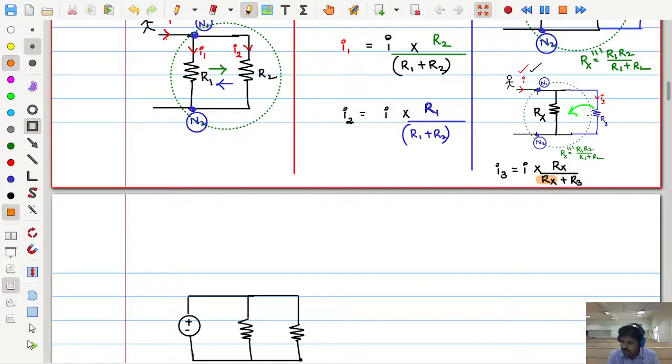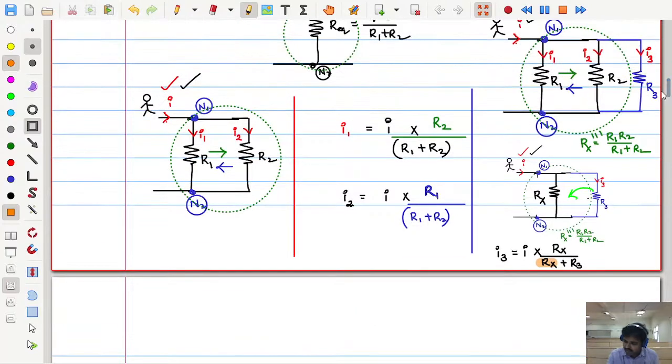Got it? Generally, with an overview, sometimes through oversight, we take the sum of these resistors, that is R1 plus R2 plus R3. That is wrong. So you should be very careful with the parallel connection. Clear? That is how the current division is calculated when three elements are in parallel. We come across all these kinds of situations in our generalized circuit analysis. Clear?